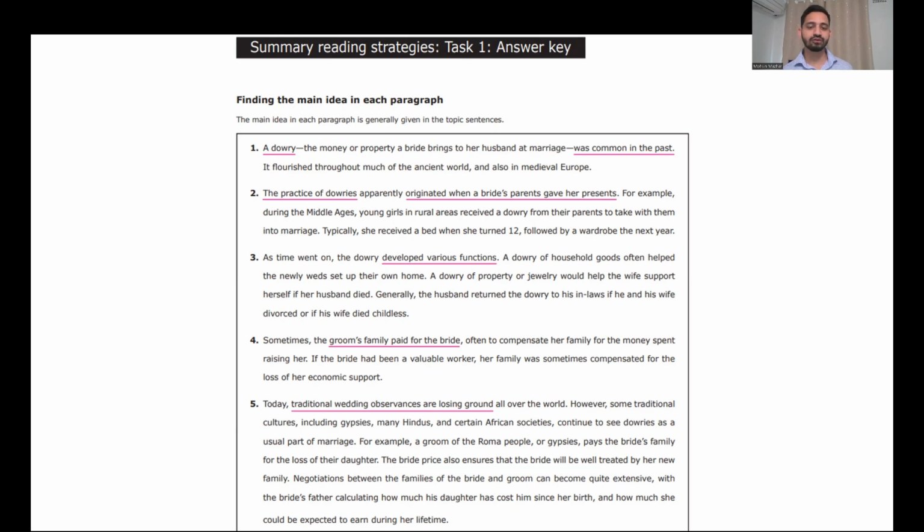For example, a groom of the Roma people or gypsies pays the bride's family for the loss of their daughter. The bride price also ensures the bride will be well treated by her new family. Negotiations between the families of the bride and groom can become quite extensive, with the bride's father calculating how much his daughter has cost him since her birth and how much she could be expected to earn during her lifetime. So this is all the information and the detail, but the main point here is traditional wedding observances are losing